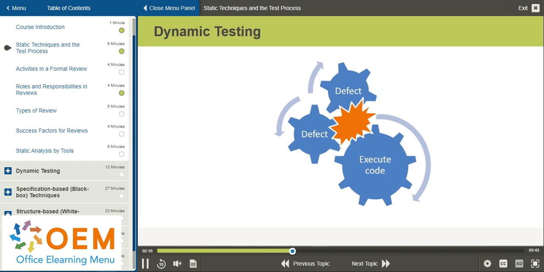So there's 3 dynamic testing categories. First, specification-based techniques, or black box testing. These are concerned with the outcome or output of the software product. So you have inputs, the software program executes some function on them, and then you have outputs. And these are generally the results that you are looking for from a test. Then there's structure